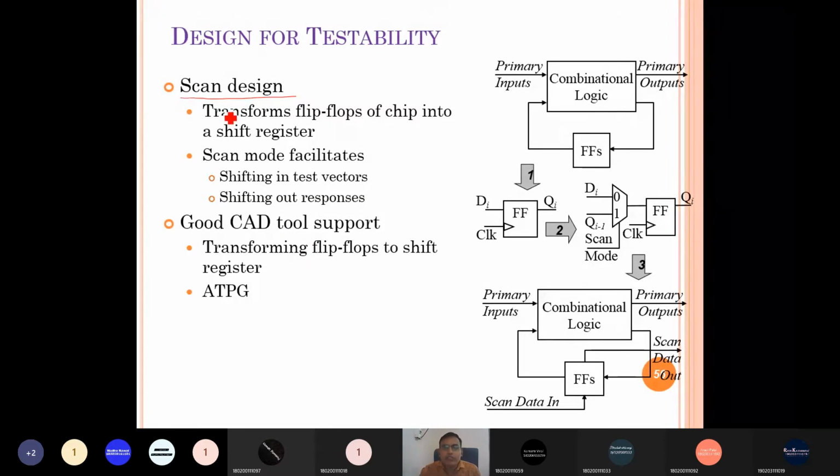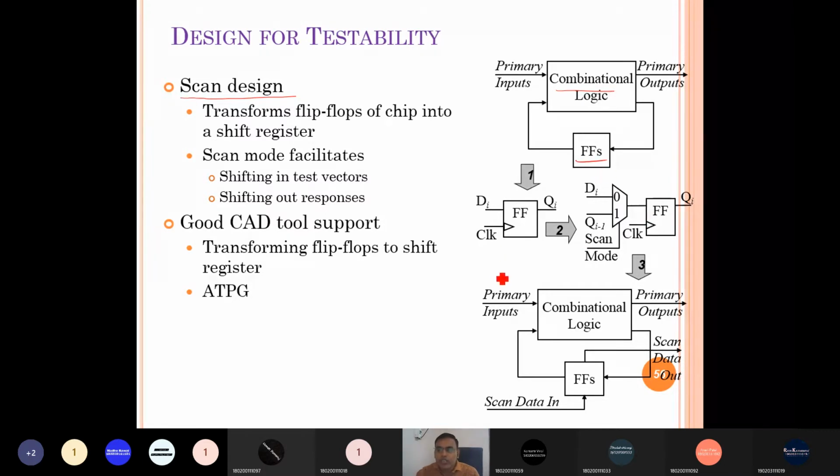So what does scan design do? Suppose this is our design. Most designs are synchronous sequential designs, which have two parts: the combinational part and the flop part, which has the registers, the different D flip-flops.